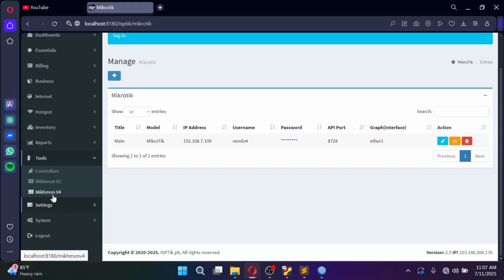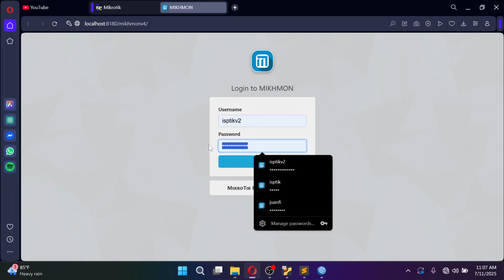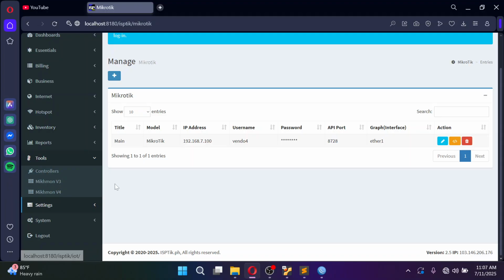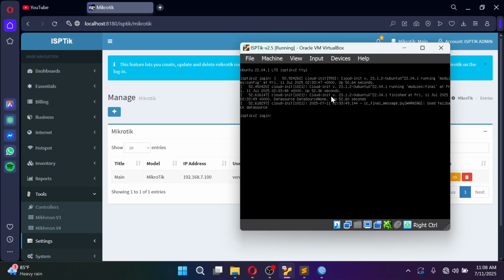And then version 3, we also have version 4, just the same Mikmon 1234. So if you like Mikmon, you can use Mikmon within the web server of your ISPTIC.